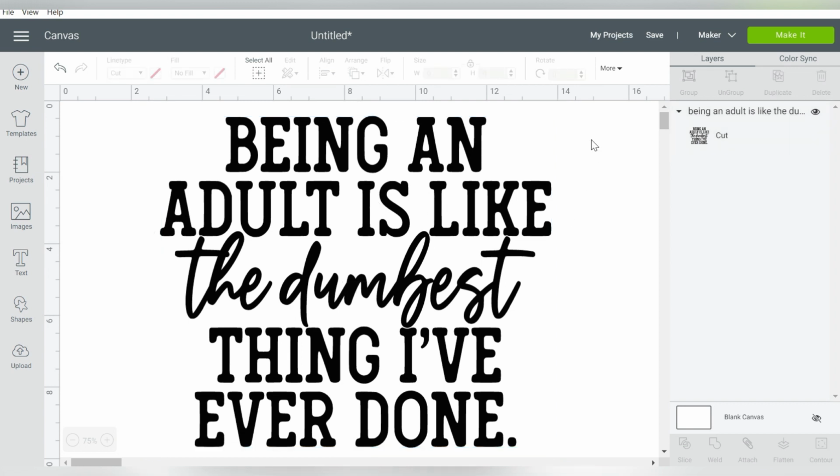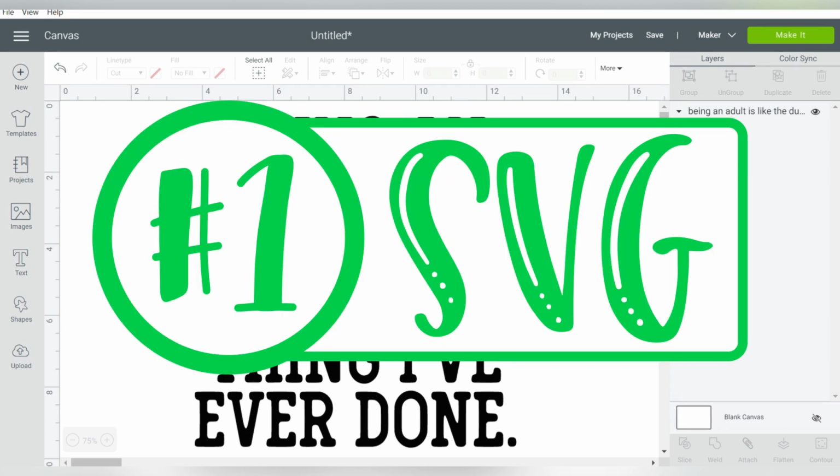So to go ahead and summarize it all for you, this is just a very basic overview of using different file types for your software. We covered SVG, PNG, and JPEG. And that is the order that I would recommend searching and using files. If an SVG file is available, it's going to be the easiest. Just open it in your software, piece of cake.